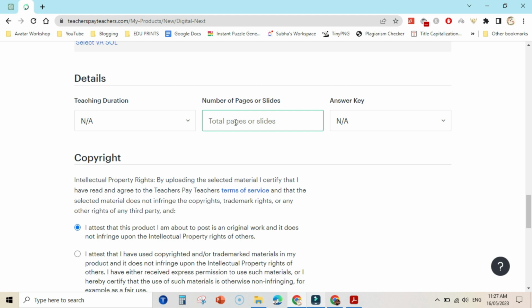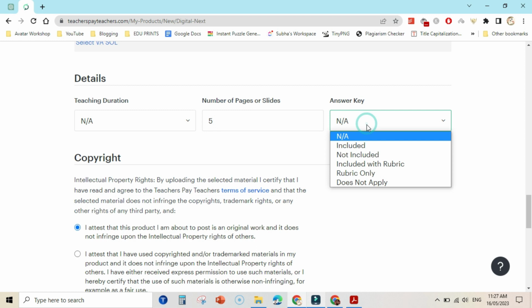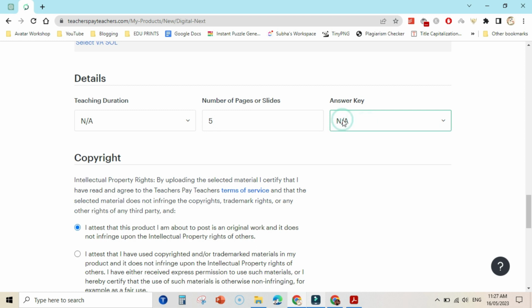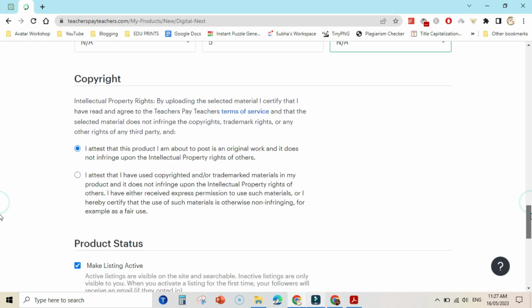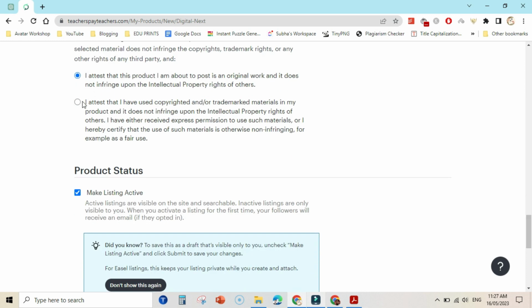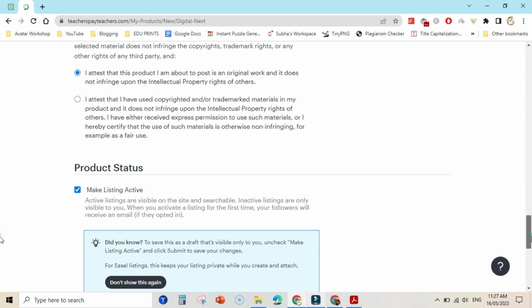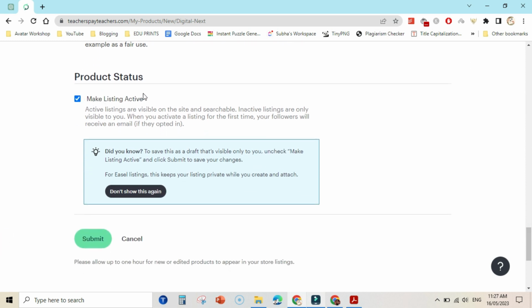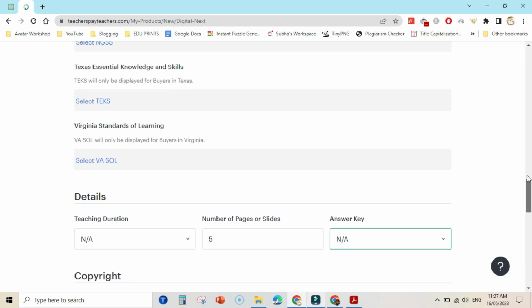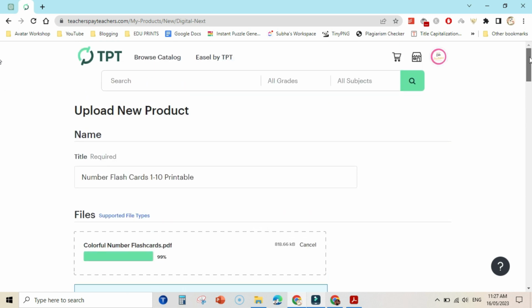This is not applicable. Number of pages we are selling at the moment is 5 pages. If the answer key is included, you can select yes, no, or anything. At the moment I am selecting not applicable. And then you need to select the first or second option. Most of the time you need to select this one, because you are the creator of the product. Now click on make my listing active, and then click on the submit button. Once you click on the submit button, your TPT resource will be instantly listed on Teachers Pay Teachers and up for selling. This is how you can create a very simple educational printable to sell on Teachers Pay Teachers using